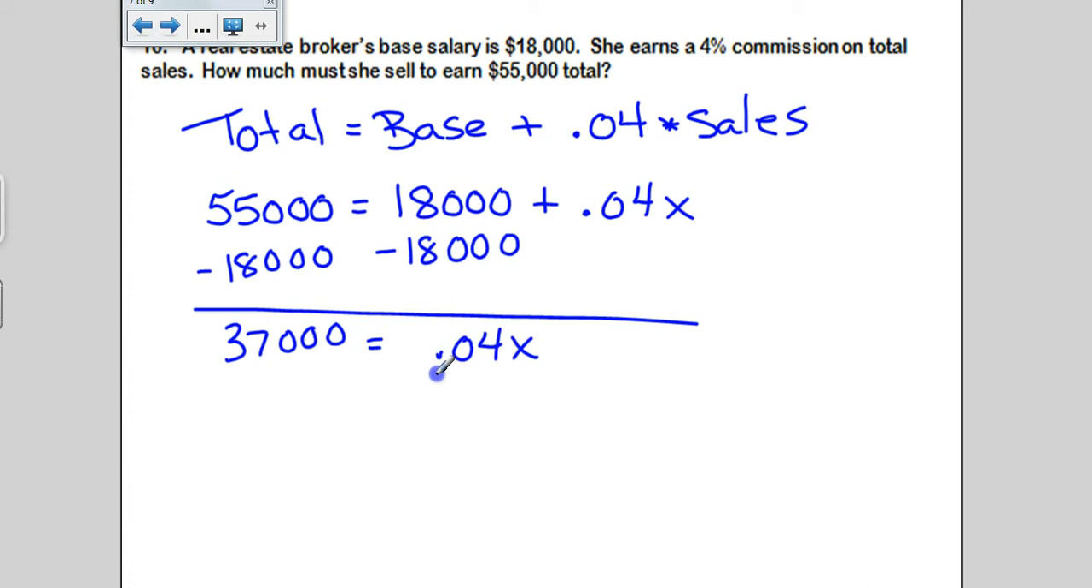0.04x on the other side. And now we're going to divide both sides by 0.04. And remember, we're finding the amount of sales that she has to accrue. This is going to be a pretty big number because they're not going to pay you for selling nothing. So go ahead and divide those on your calculator and you get